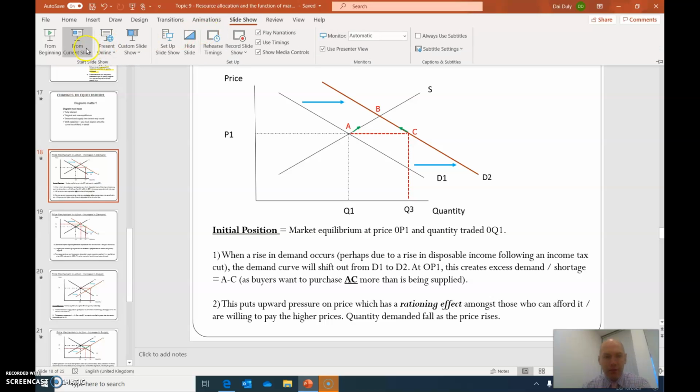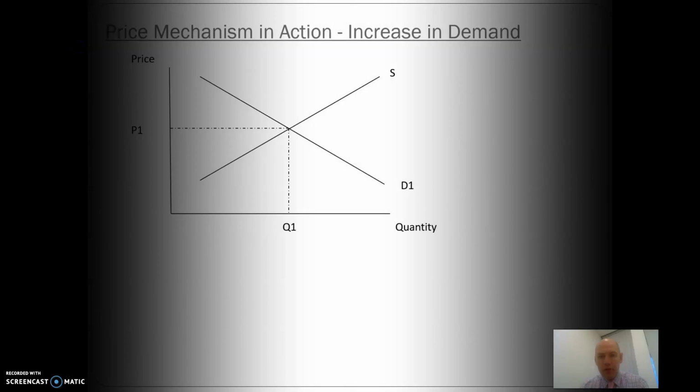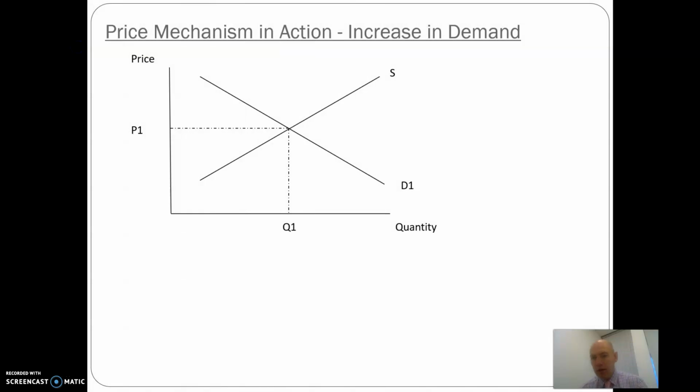Okay, guys, this is part 2. Part 2 of our work on the price mechanism. In your notes, we've been looking at 3 key functions of price. Let's just remind ourselves what those are: the signaling function, the rationing or allocator function, and the incentive